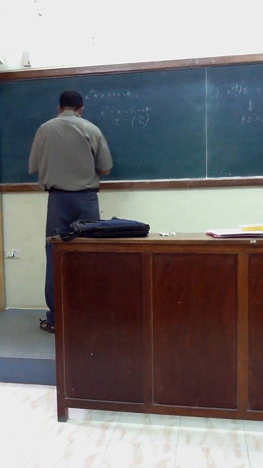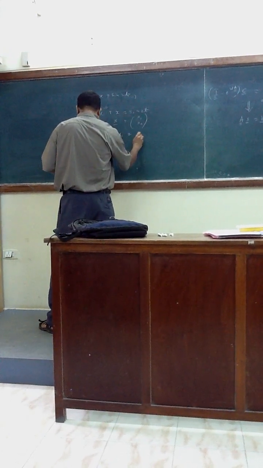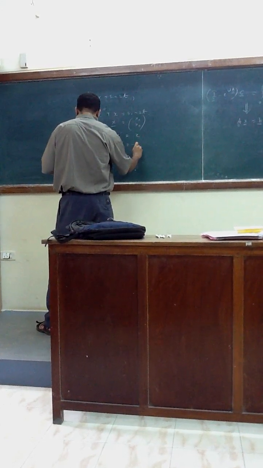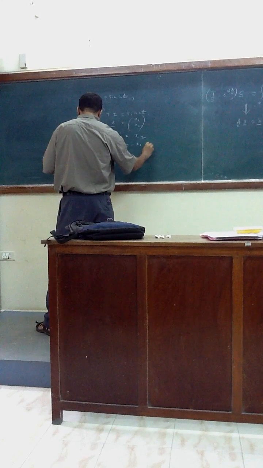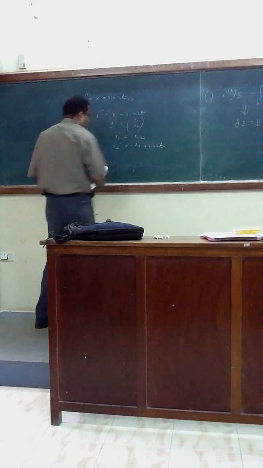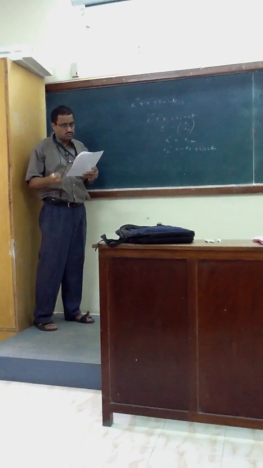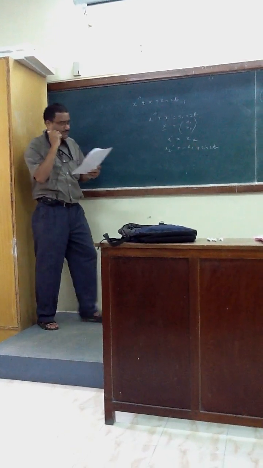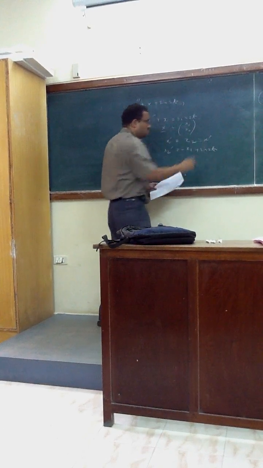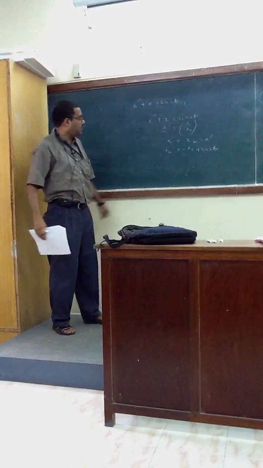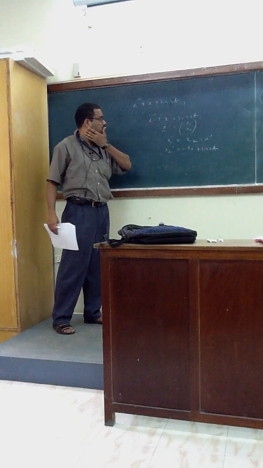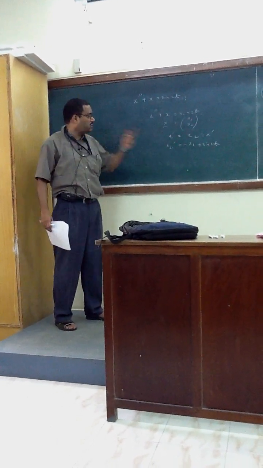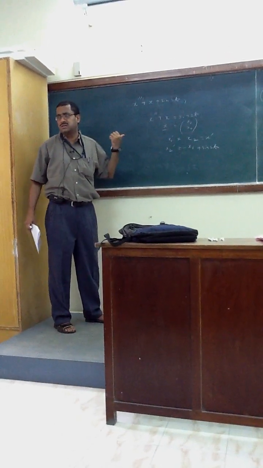So what are my differential equations? One is x1 = x, and x2' = -x1 + sin 2t. Am I correct? x1' = x2. So x2 is nothing but x prime. I have two variables, x1 and x2; x2 is x prime, x1 is x. Can I write this way? Yes or no? Yes? Okay.